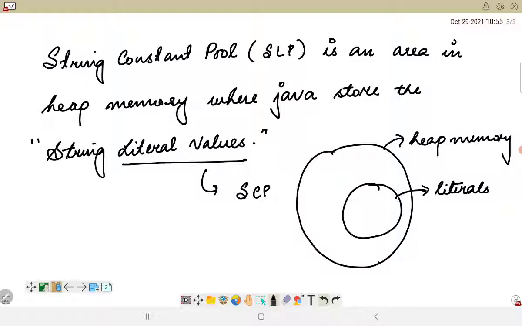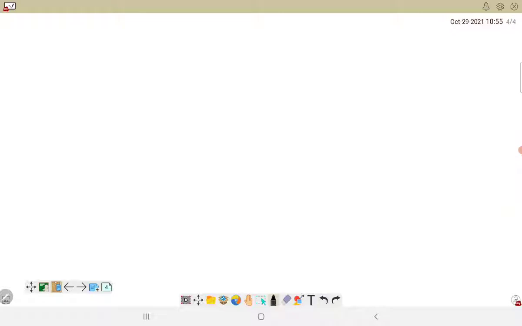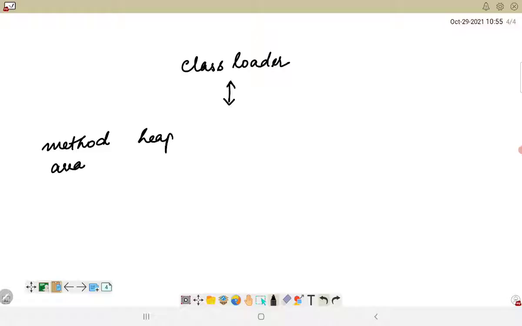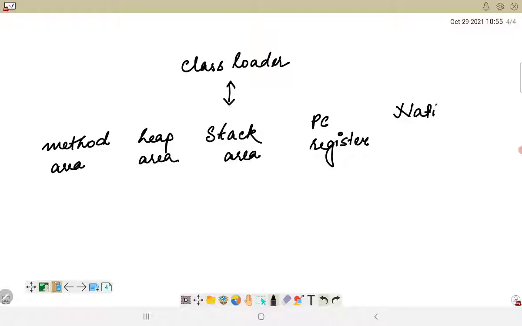Now talking about the JVM architecture, initially it has a class loader, then it has 5 different types of memory areas. So method area is one part, then we have heap area, then stack memory area, then program counter registers, and then native method area.